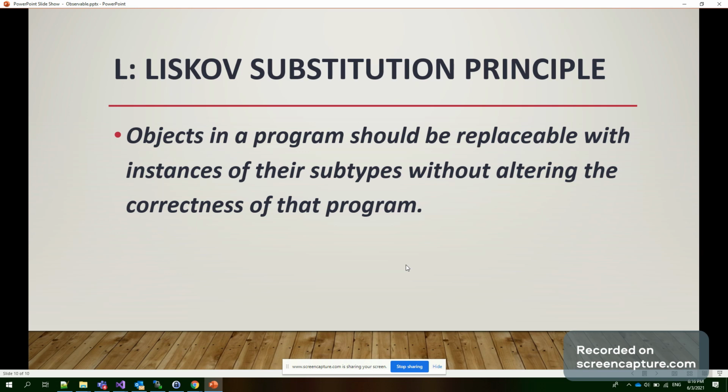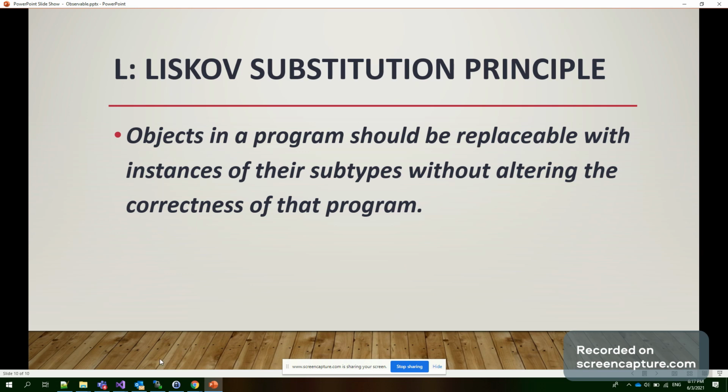After that you have to tell the definition of this Liskov Substitution Principle. You have to say that an object in a program should be replaceable with an instance of its subtype without altering the correctness of that program. Subtype means we have a parent-child relationship of classes. There we use the same object which we create through the parent class or the child class, and we can reinitialize the same object based on our requirement. That is the definition. If you tell this, it will be a more impressive statement to the interviewer.